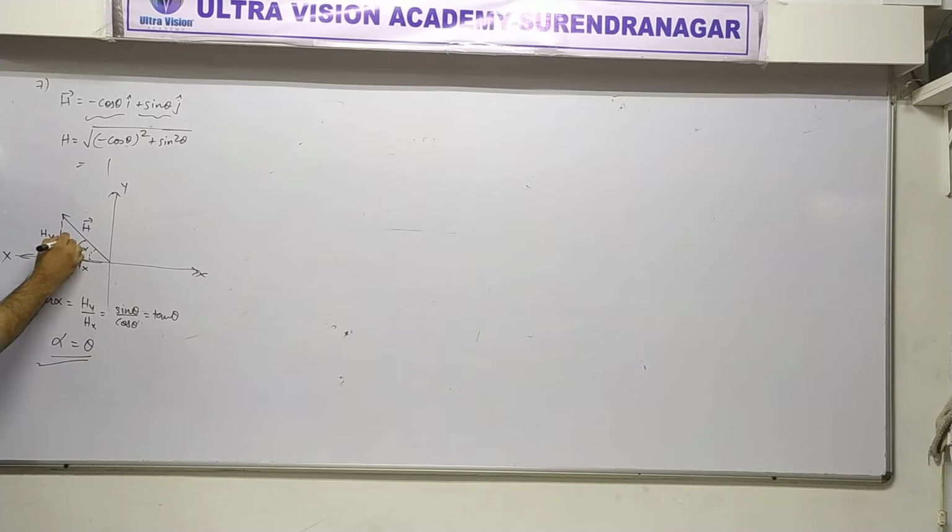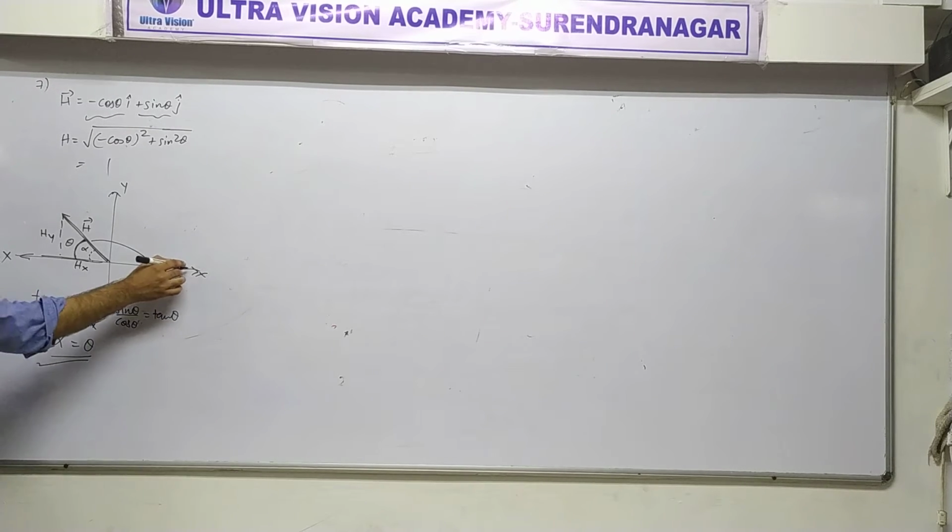Understood? So if someone says what's the angle with positive x, think about it. This is theta on this side. This is the angle with negative x. Then we have to find what's the angle of this vector with the positive x. Is that okay or not okay? The one that I have marked, that's clear. How much is that? 180 minus theta.